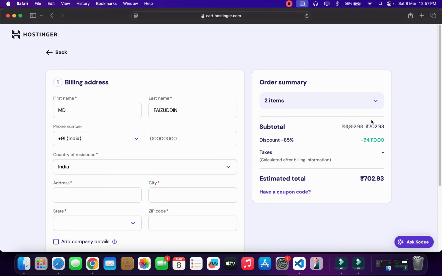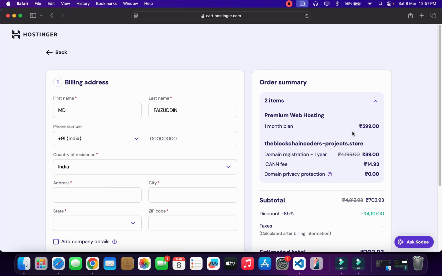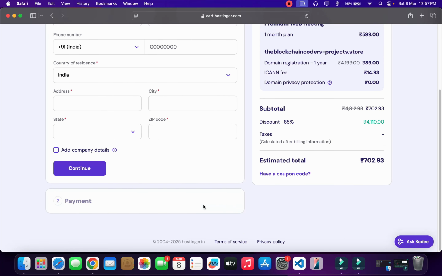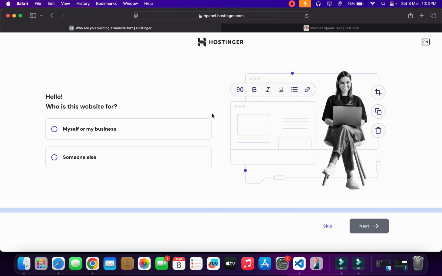So I'm buying two things: first is the hosting premium and the domain, and you can see that I'm paying very minimum. It's just for 1 month I'm buying. So let me continue with the payment. So finally I've done with the payment. After completing payment, I'm redirected here, so you can simply select my business, and you can simply click on next,